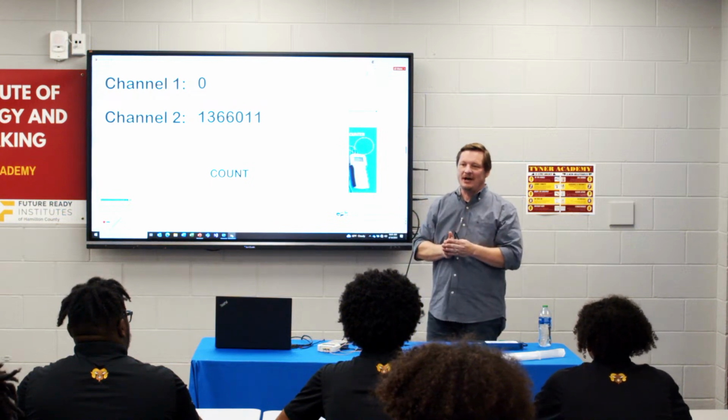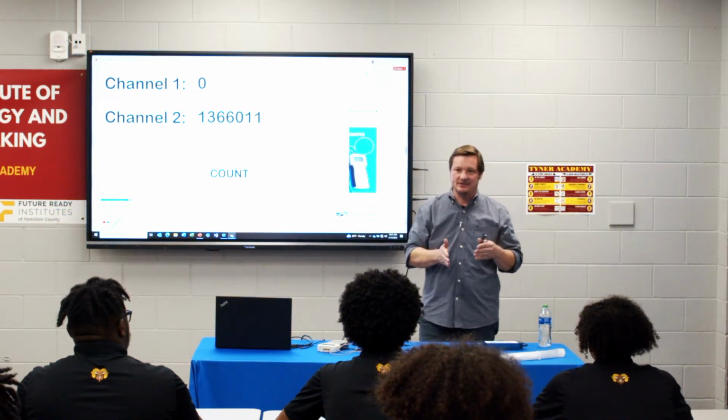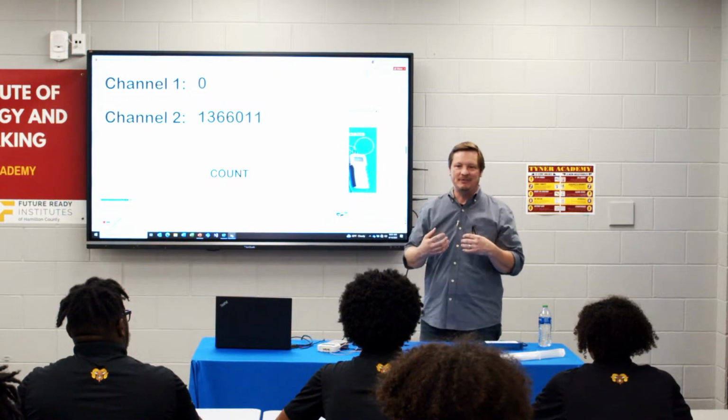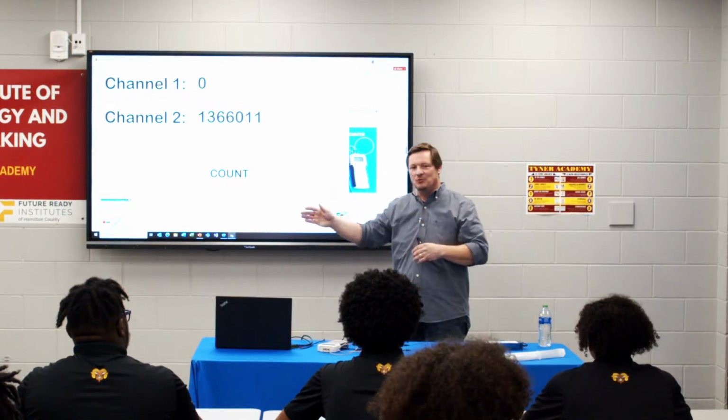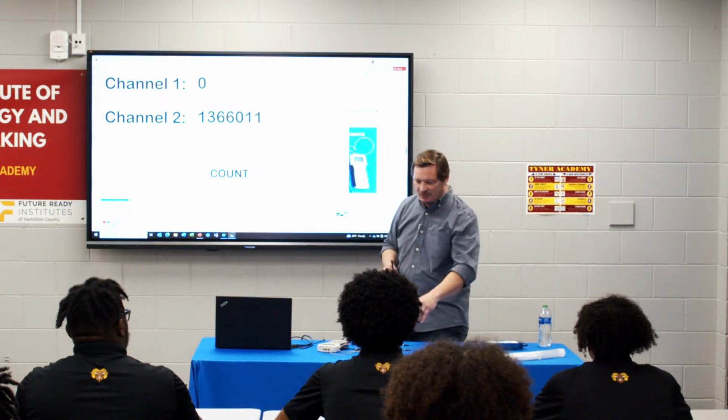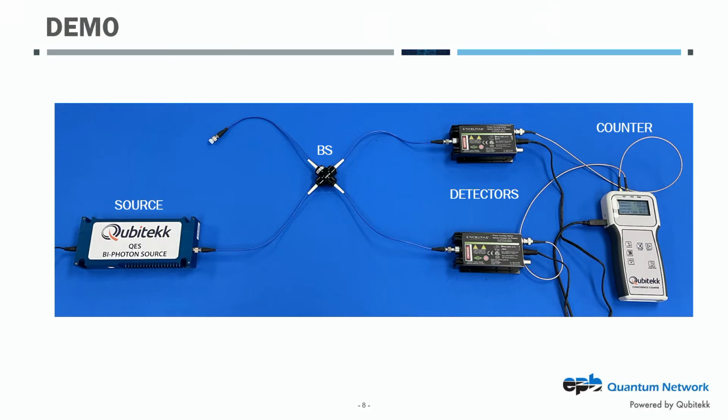But the reason why we're seeing that split is the beam splitter is taking all of those BBs that are coming in, sending one to one side and one to the other side. Now, when they make these detectors, some are more efficient than others and some are less efficient, and that's why we see a difference.